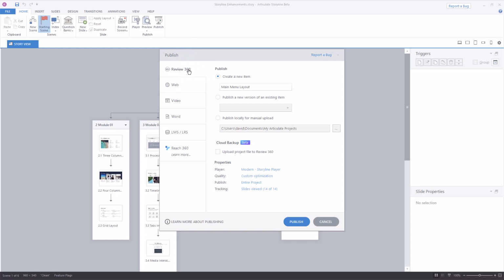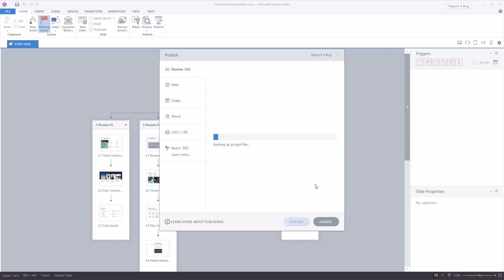And along the way, you'll see right down here, what's this? Oh, upload a project file to Review 360. So I'm going to check that as well, and I'll talk through what you can look for there. So I need to get the course in Review, and then we'll see a little updated panel right here. So I'm going to click Publish, and that'll just take a moment. It's not a very large file.